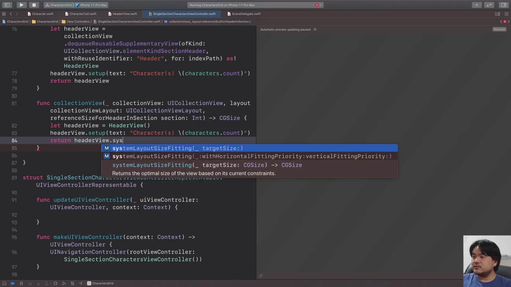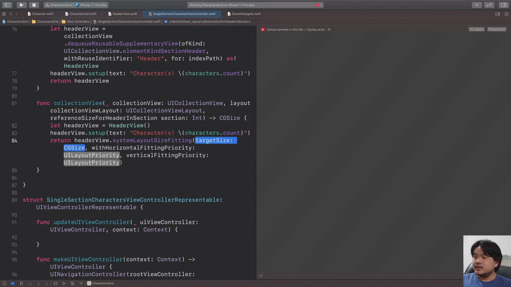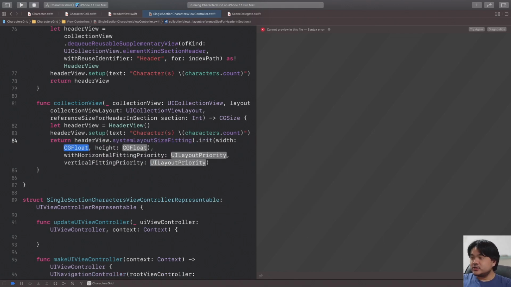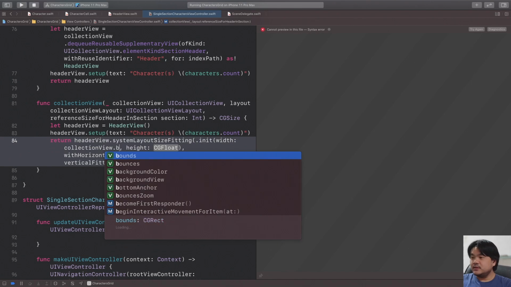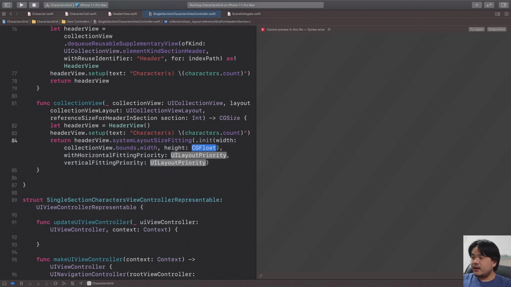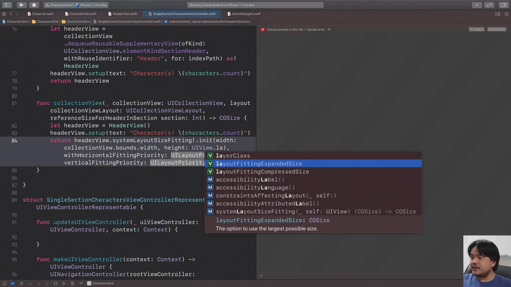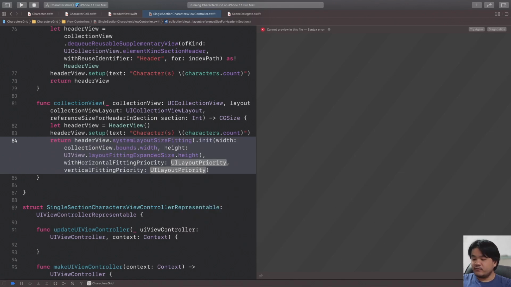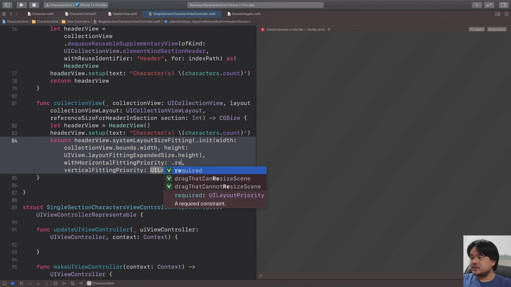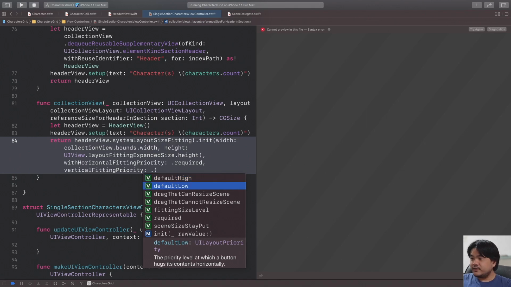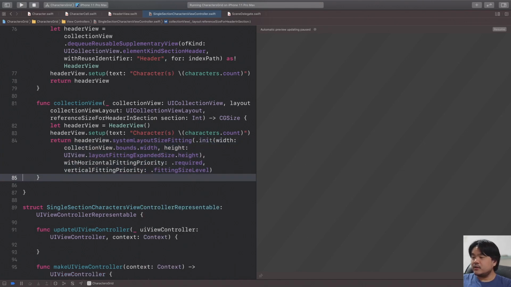system layout size fitting here. For the target size, we can initialize a CGSize here. Let's use the collection view dot bounds dot width. And for the height, let's pass UIView layoutFittingExpandedSize height, as the height will be dynamic depending on the content. And for the horizontal fitting priority, the width is fixed, so let's just use required. And for the vertical fitting priority, let's pass fittingSizeLevel to make UIKit calculate the height based on the